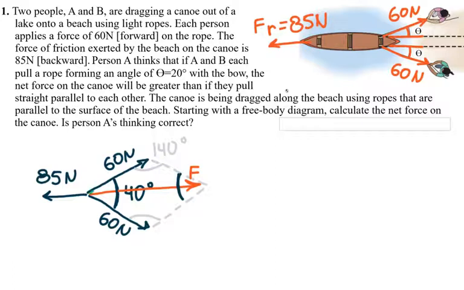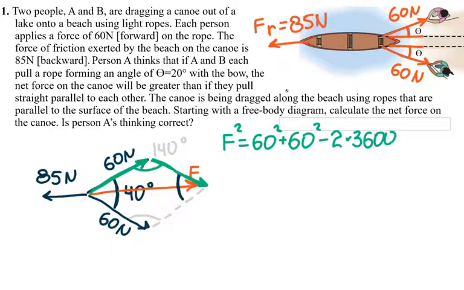I'm going to use this green triangle to find the resultant. I see that I have a side 60, another side 60 because it's a parallelogram, so it's the same as the other side parallel to it, and an angle of 140. I have side-angle-side, so I use the law of cosines. I'm looking for F, so F squared is equal to 60 squared plus another 60 squared, one side plus the other side, minus 2 times those sides, 60 times 60, 3600, times cosine of the angle between them, 140 degrees. So F, the resultant force, is